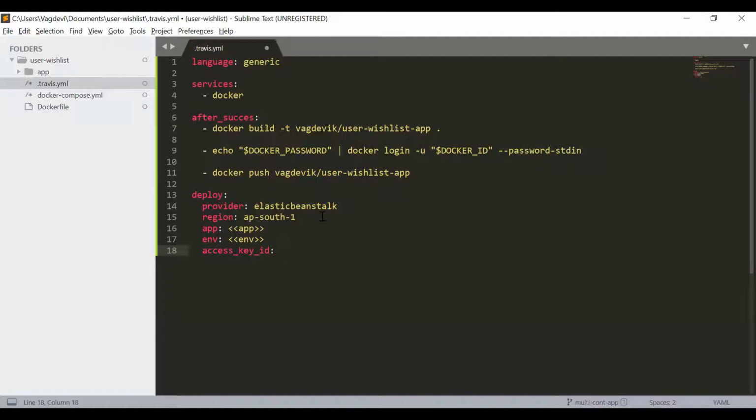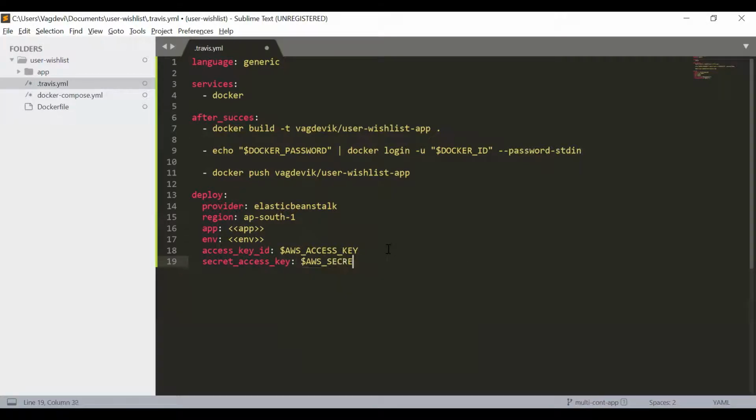So we will give it the access key ID, which is again the environment variable which we need to configure, and secret access key also. Instead of that, we can actually write the environment variable and configure that with the actual credentials, right? So AWS access key, and here